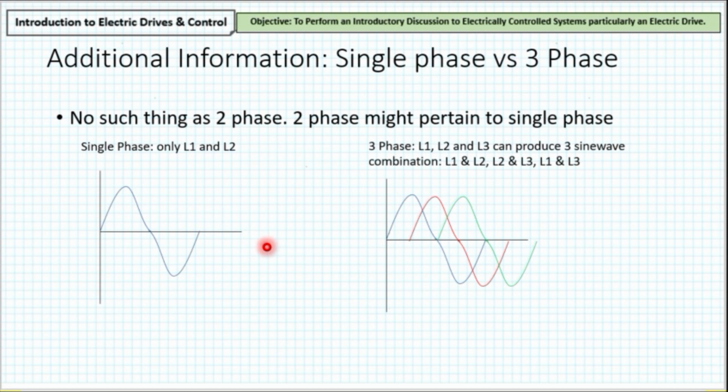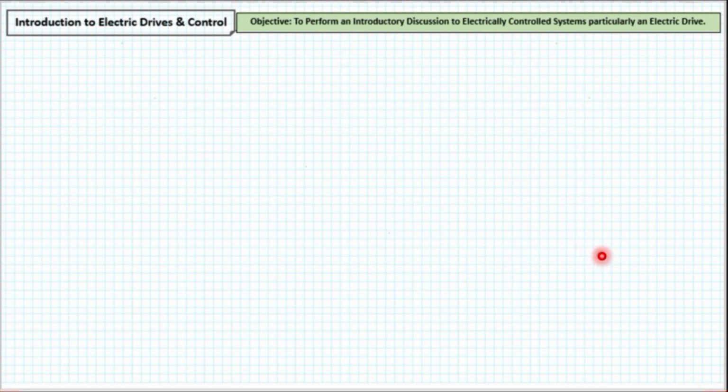Okay? In 3-phase, L1 and L2 can produce 3 sine wave combination siya ng L1, L2. Pwedeng yun yung isang kulay, yung L2, L3, yung red, L1 and L3. If ever ibaliktad man natin yung L1 at L2, it can produce the same sine wave. Okay, so